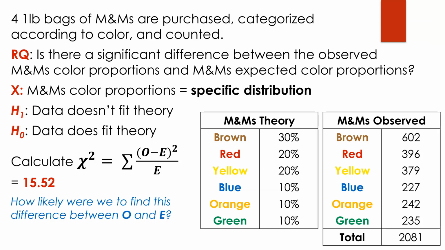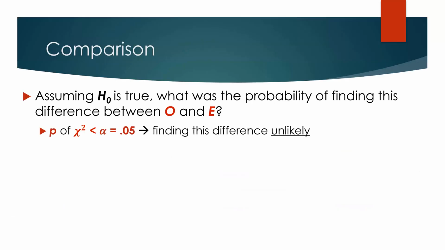But we need to determine that. Was this likely or unlikely for us to find this difference between the observed M&M color proportions and what M&M says we should have expected to find with their color proportions? So remember, what we need to determine is whether finding the difference is unlikely, and the way that using the software for the assessments,